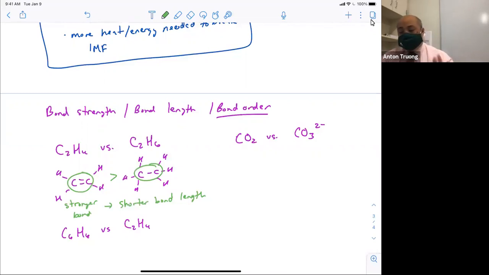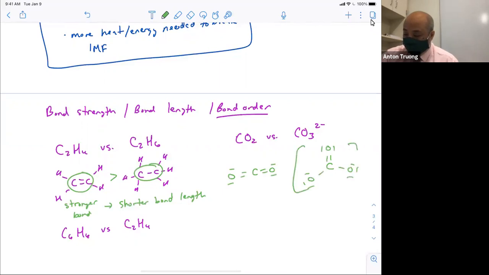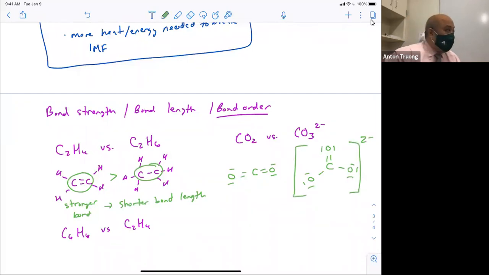CO2 versus CO3 2- is kind of a tricky one because CO2 looks like this and CO3 2- is resonance. Make sure you're writing the brackets. Hopefully your brackets look nicer than mine do. But the brackets and the charge around these polyatomic ions. And so when you look at this,